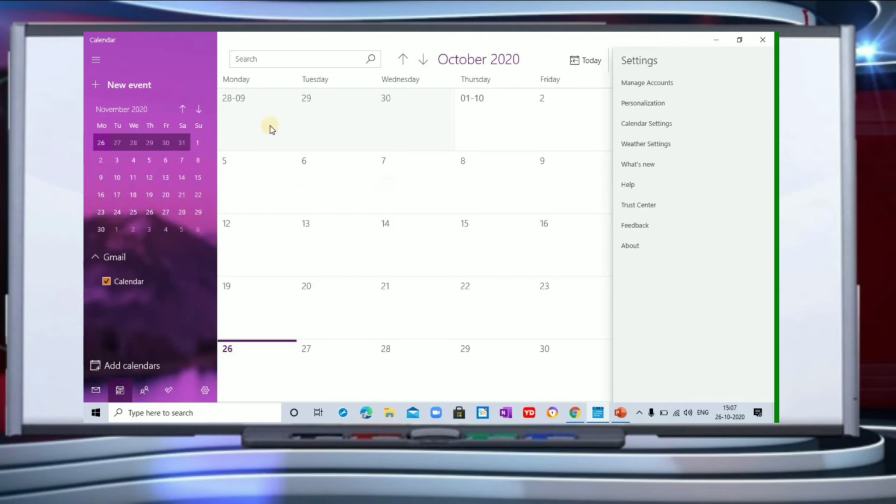Like I showed you just now, we can give colors to our calendar. We can even categorize our calendar also. One more important thing in calendars is recurring appointments.